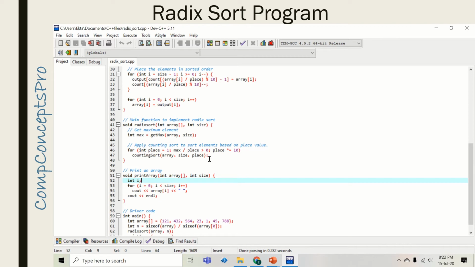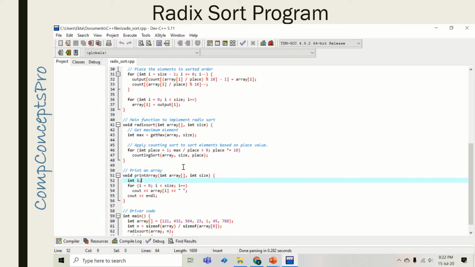Then we will see the next iteration. The place has now become 100. This condition results to 788 divided by 100, which is 7. So the condition is still satisfied because 7 is greater than 0. And this time also the function counting sort will be called.